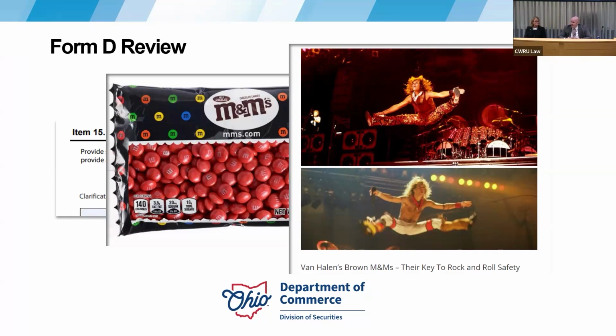And to ensure that the venues were reading their contracts, Van Halen used to put in a provision that said, we want a bowl of brown M&Ms in our waiting room when we get there. This was widely reported as Van Halen being such prima donnas that they wanted someone to waste their time going through and making sure there's no brown M&Ms. But in reality, it was a signal to them that people had read the contract and taken it seriously. And so again, going back to that lesson I learned on 506Bs,